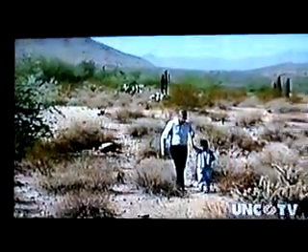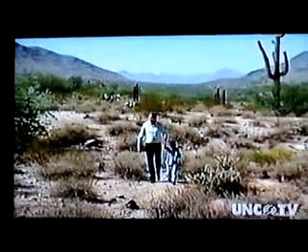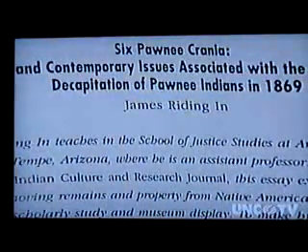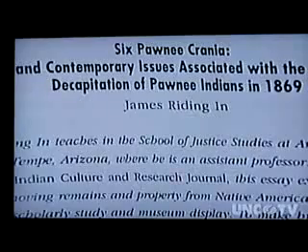James Writing-In is an assistant professor in the School of Justice Studies at Arizona State University. A Pawnee Indian, he took particular interest in an incident that occurred in 1869. Six Pawnee scouts were slain and their heads were removed for scientific study. In an essay published in the American Indian Culture and Research Journal, he made an argument to have their six